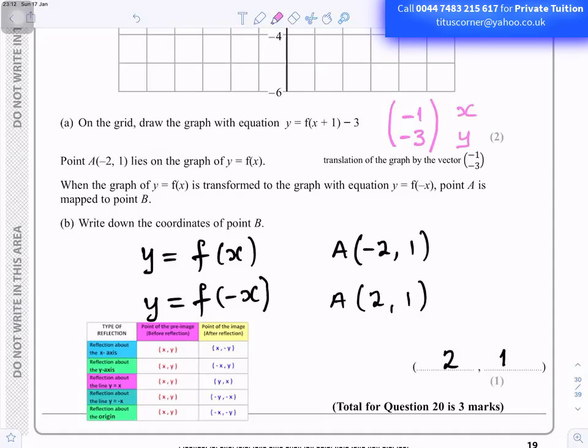So what we're doing here is we start with f of x. The x is positive, and it goes to f of minus x. The x is negative. So what's that new coordinate? What is going to be the change on this point A? So it's important to think of what's going to